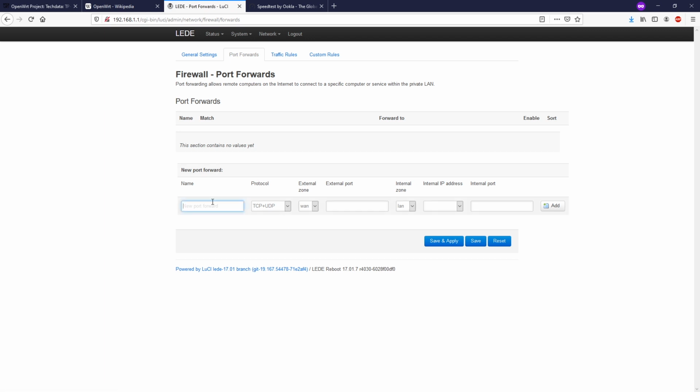Click port forwards. On this page, we have some fields to fill in, which are the name, the protocol, the external port, the internal port, and the IP address. Let's say I'm going to open port 80, which is the HTTP web server. So I will just put HTTP server, and the protocol is TCP, and the external zone will be WAN. So external port 80, and for the internal IP address, you need to select the static IP that you have just assigned to the host,